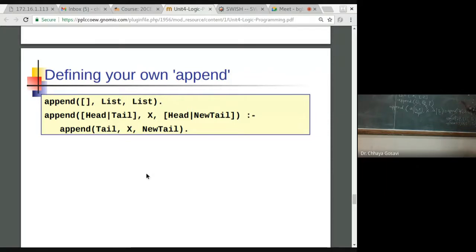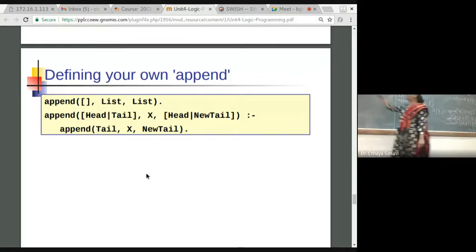So then it will match with the first rule. What is the first rule? First is blank, this is X, Y, Z. So the new list, that is T1, will be X, Y, Z. This will be X, Y, Z. It will be written back here, and that was B. So it will append B to X, Y, Z. Then it will be written back to the previous one. It will write A to X, Y, Z. And finally, you get the answer. The new tail has A, B, C, X, Y, Z.